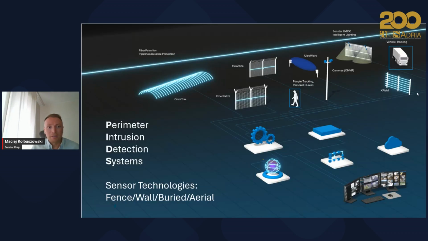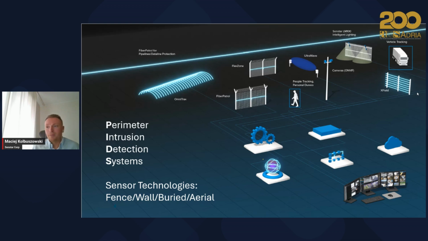There are two main groups of products, groups of solutions. Of course, we are best known for our PIDS, perimeter intrusion detection systems. Different technologies for fences, for walls, for buried applications, and also aerial sensors. And we constantly expand it. Just briefly to give you the idea, of course, we have fiber optic sensors that go over 100 kilometers to protect your border,